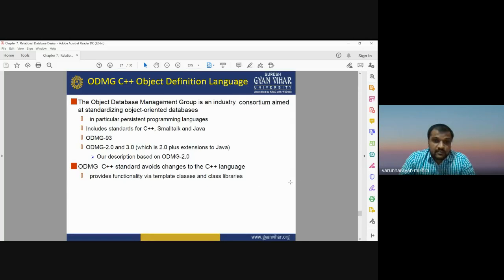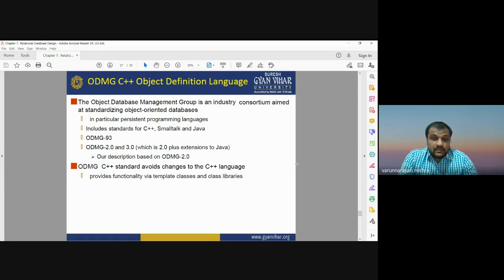ODMG, C++ Object Definition Language. The Object Data Management Group is an industry consortium aimed at standardizing object-oriented databases. In particular, we need persistent programming languages, which may include the standards for C++, Smalltalk, and Java.